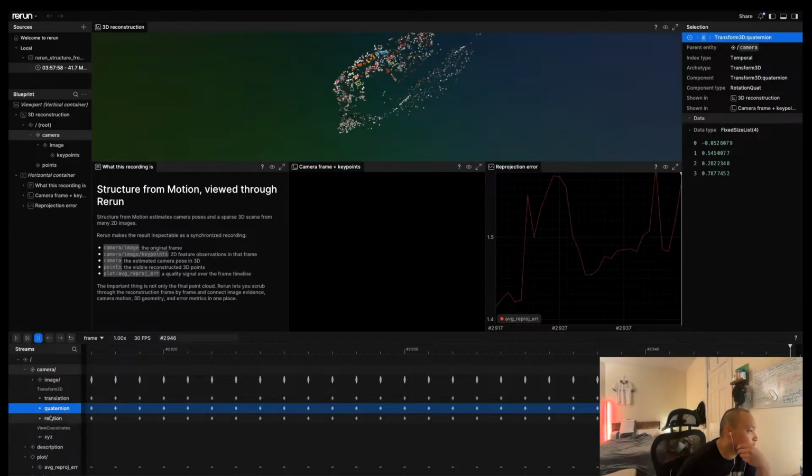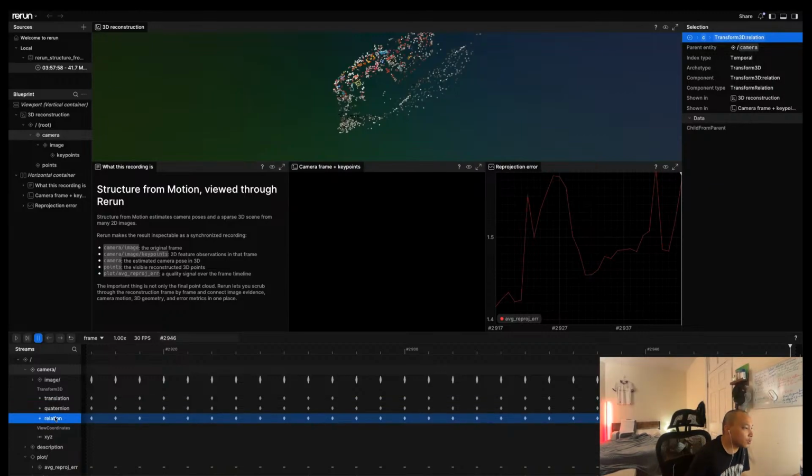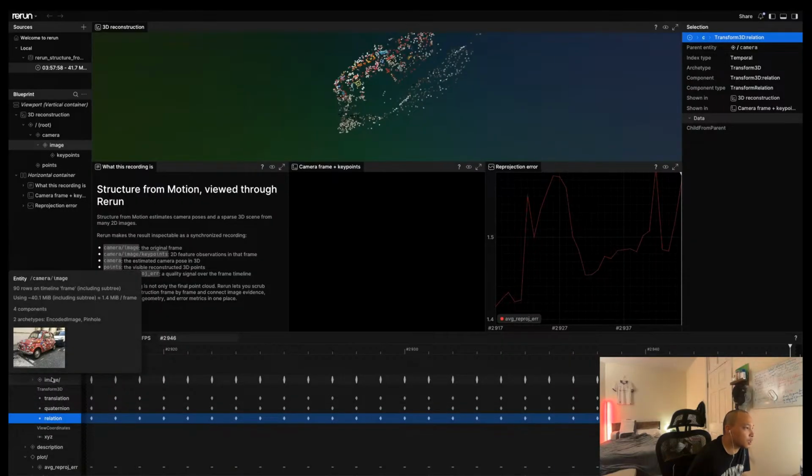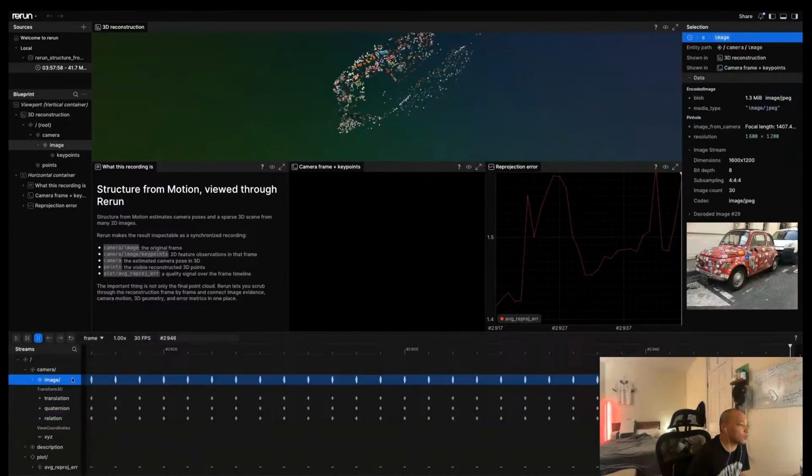Quaternions, I think, describe rotation, right? And then the temporal transform 3D relation is logged 30 times, and the image is also logged 30 times. At least there are 30 images.